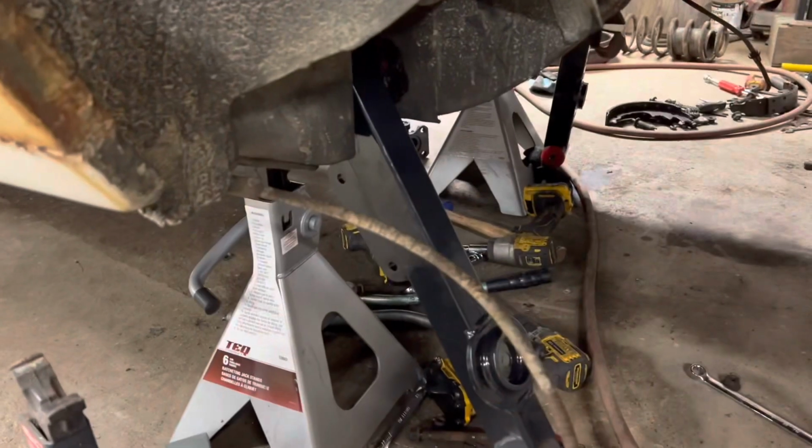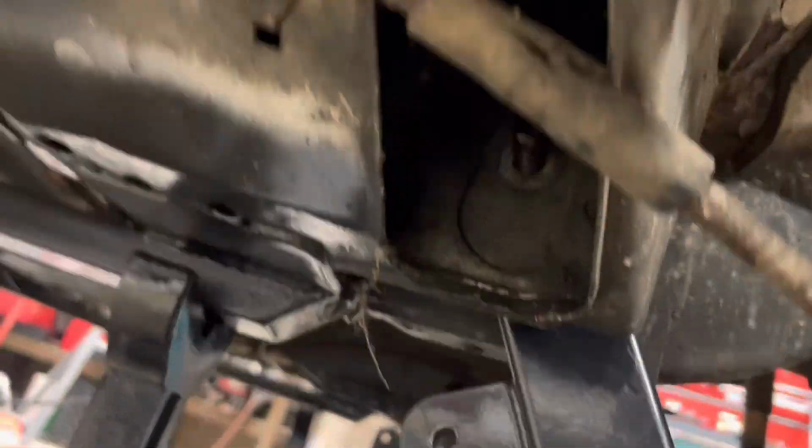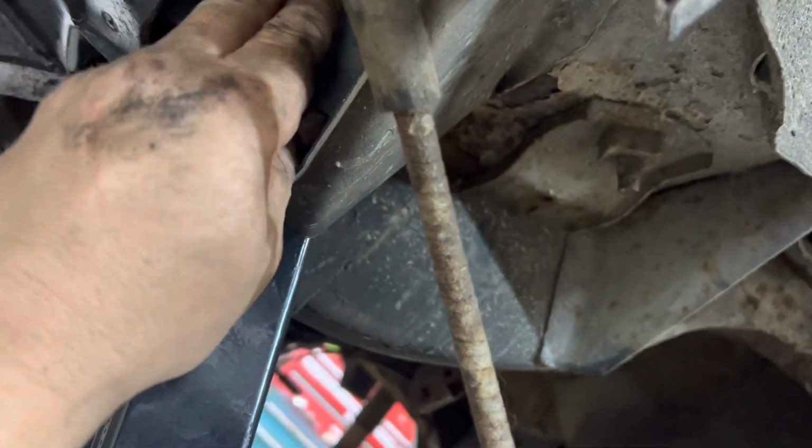So, alright, now I'm going to stick this one on the driver's side. Alright, I guess I can show you how to slide it. Now, I'm holding the phone with one hand, so give me a break. But if anything, I'll show you how easy it is. This goes up in there and over to the side. Let me see. Okay, this one's the same way. It's hitting something, and there's a plug. You look up and you see that plug? Just reach up right at your thumb